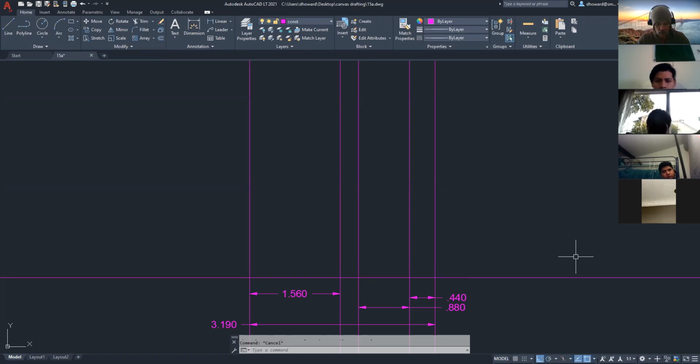Are there any more vertical lines that need to be offset? What about the center of that hole? Is that indicated to us? How far over is that? That is a good question. I am not seeing